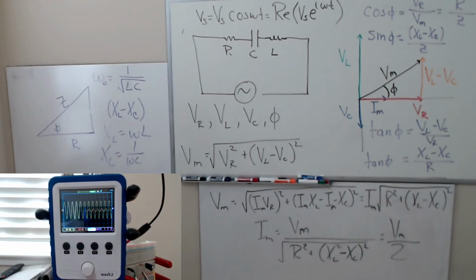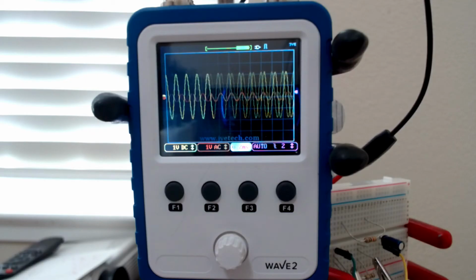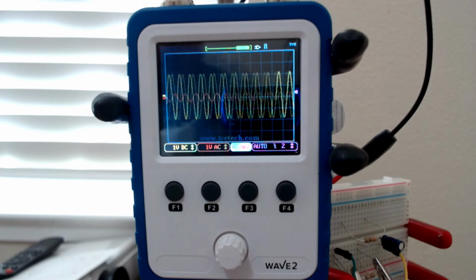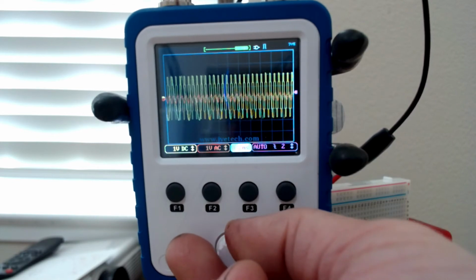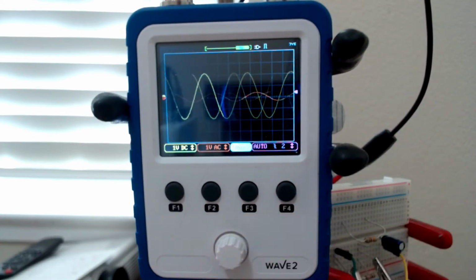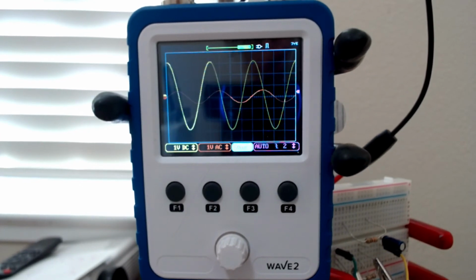Okay, so there it is. Let me just blow it off. We're going to have a great trace. It's not very stable right now. I have this set to 5,000 hertz. And there you see the signal. You see the power supply voltage, which is in yellow. And you also see the voltage across the resistor.